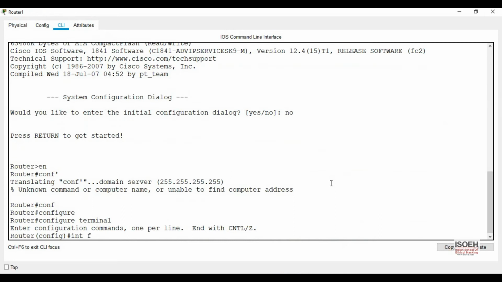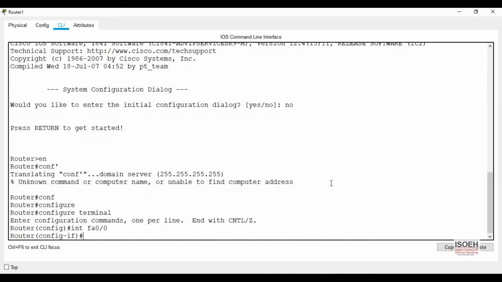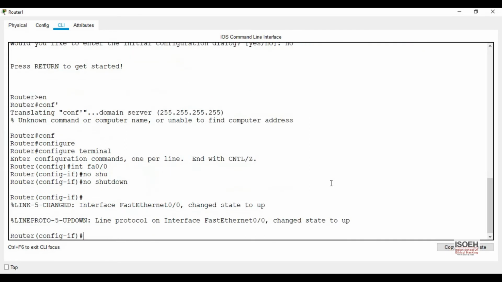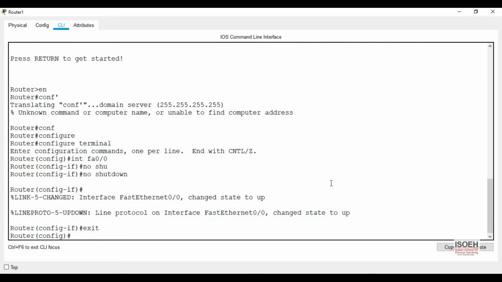Inside this, go inside FA0/0 and enable this one. Give the command no shut and then come back. Now we need to go inside the sub interface.